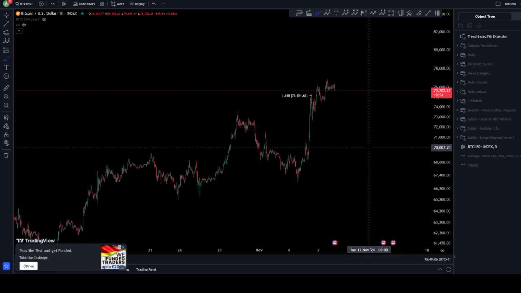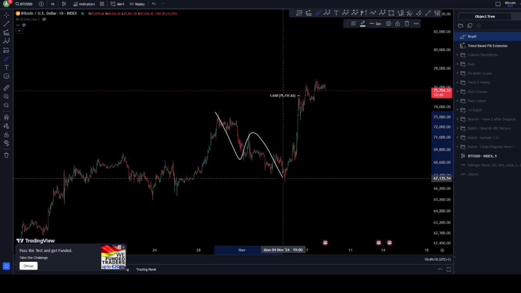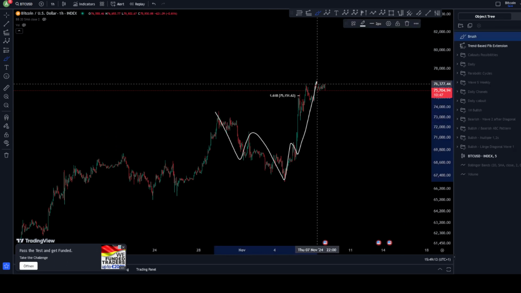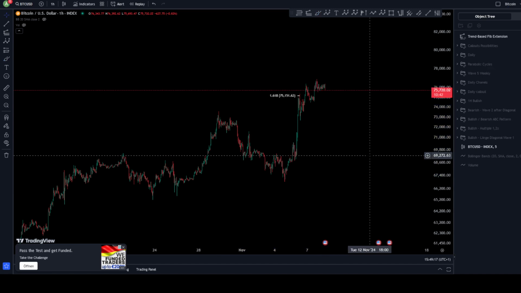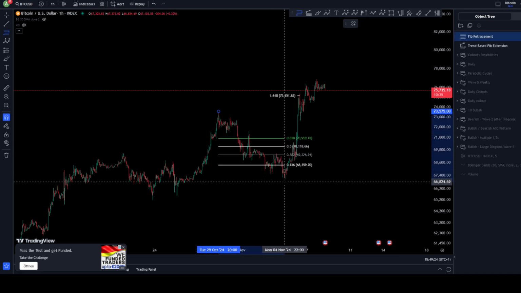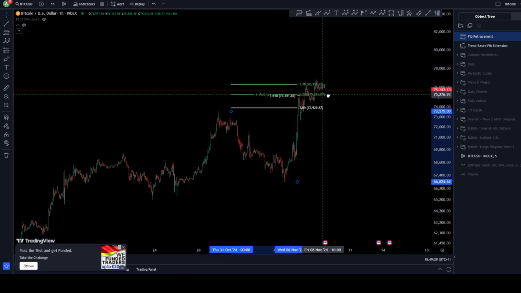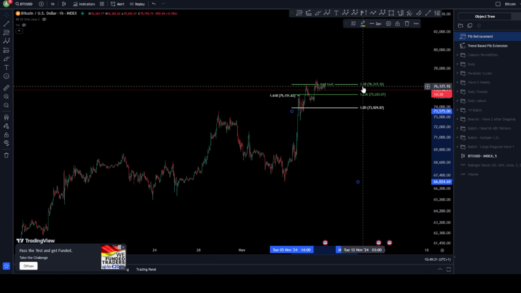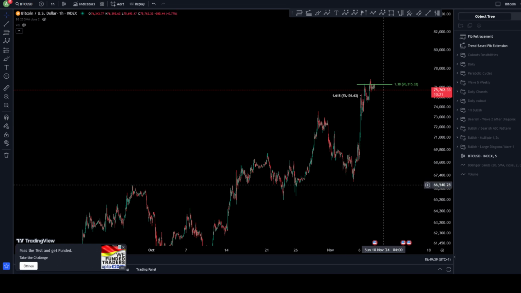So the scenario might change, okay? We might be in 3 waves, as I mentioned, 3 waves down, 3 waves up, and then 1, 2, 3, 4, 5. Start to move down and down. And if you remember that we are still inside the fibs of a wave B as an expanding flat. Here we go. 1.38 for a wave B,